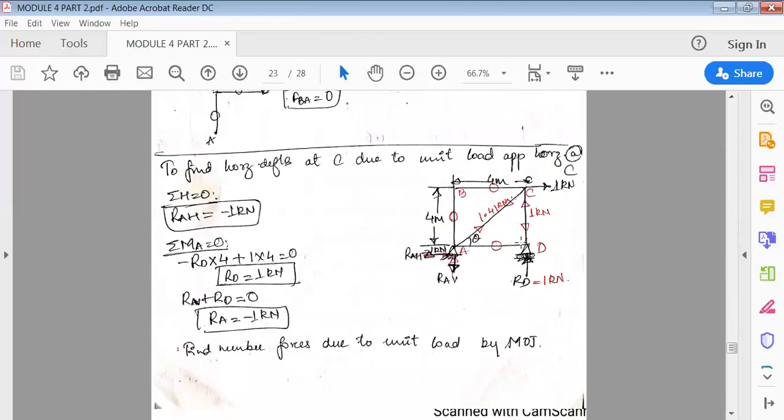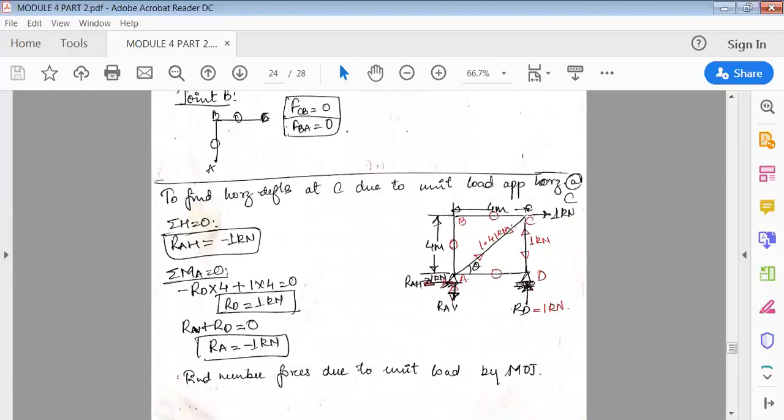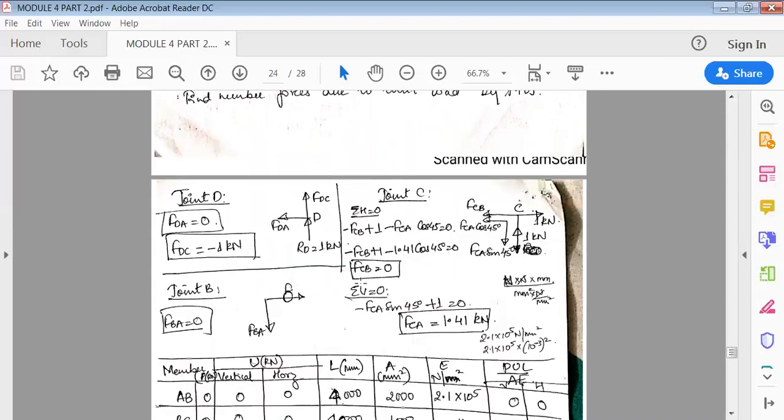First find at joint C. Check all the forces. So if DC is 1 kilonewton, then find joint C. Again, come back to joint C. There are three forces, but you have already found one, so there are only two unknown forces here. So this is FCB and FCA you'll get. Draw the free body diagram and then solve this. And then at joint B, FBA is also 0.